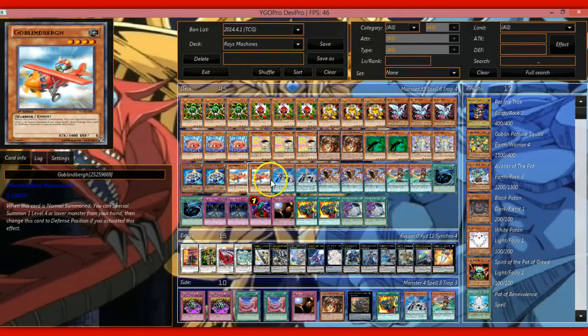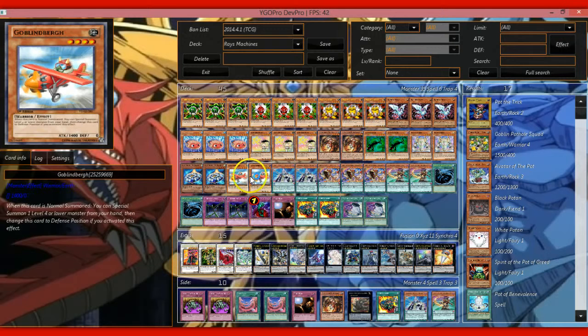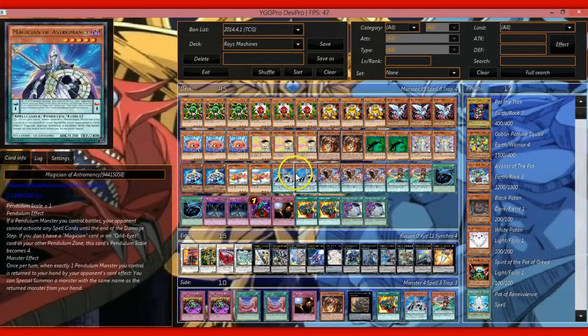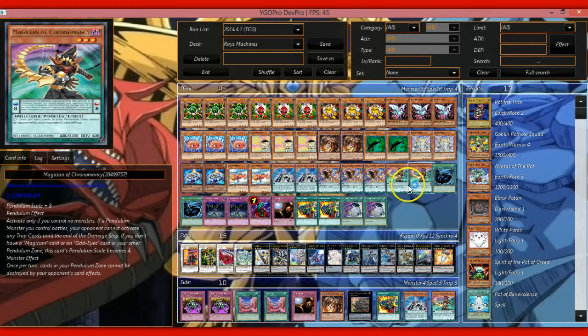But Goblindbergh, of course, two Goblindbergh, just for that sustainability. But I feel like Tin Goldfish is that boy, so we run him at 3, but Kagetokage and Goblindbergh at 2. Now, two Magician of Astromancy, the new Pendulum cards, three Odd-Eyes Pendulum Dragons, and two Magician of